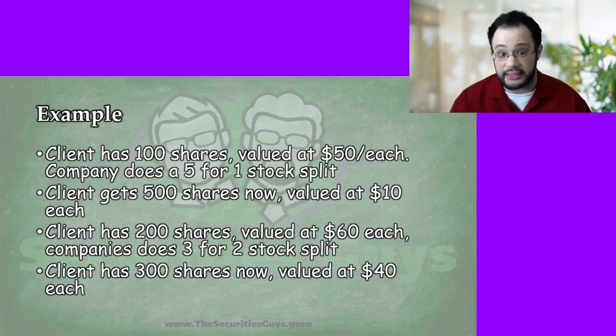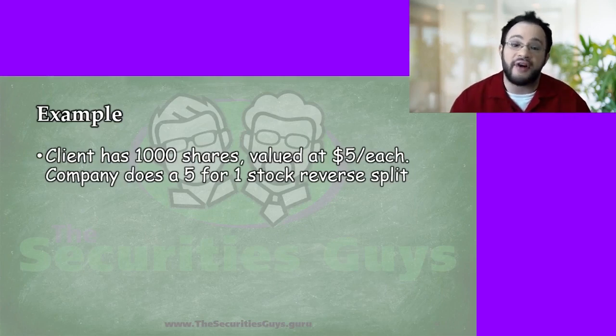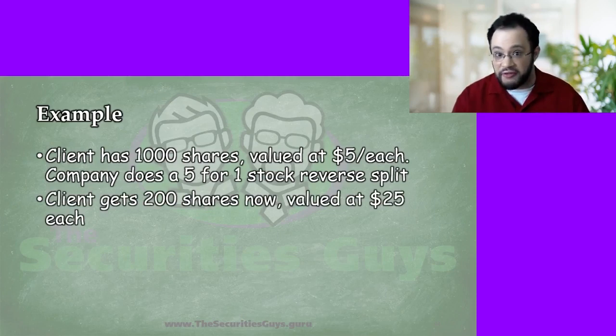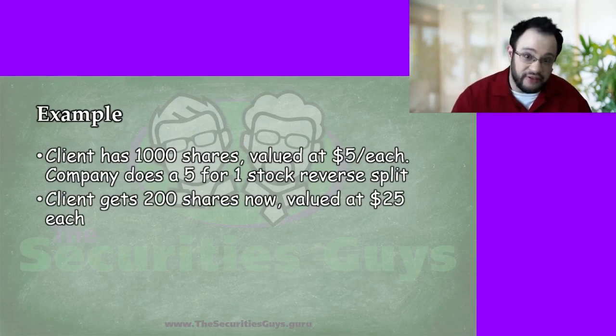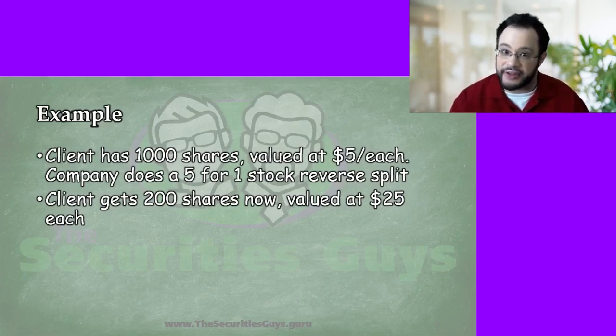These are tested. If a client has 1,000 shares, valued at $5 each, now they're going to have a lot fewer shares generally when they're talking reverse splits, and they're going to be at a higher price. If the company has a 5-for-1 reverse stock split now, well, we simply are taking 1/5 as many shares. We have 1/5 as much, worth 5 times the price. So we could divide by 5 to find out how much stock we have, and multiply by 5 here to figure out what the price per share is. That's an even reverse split.